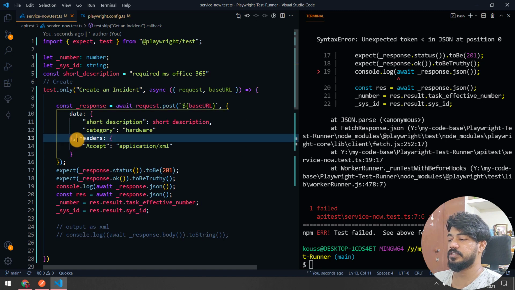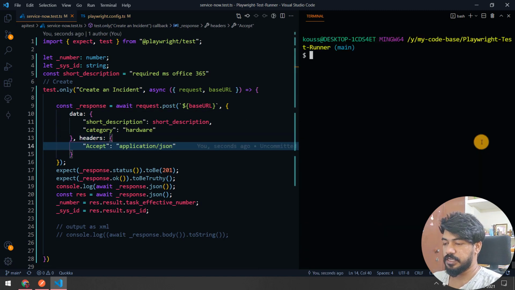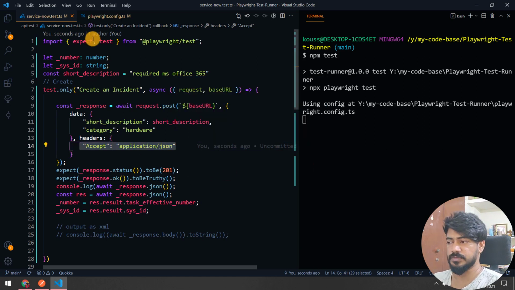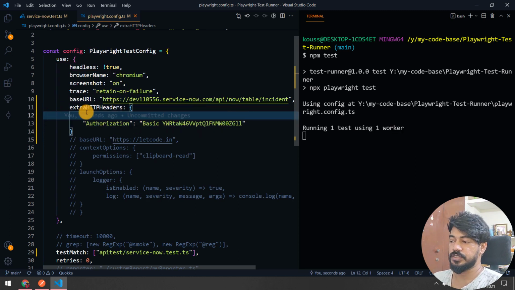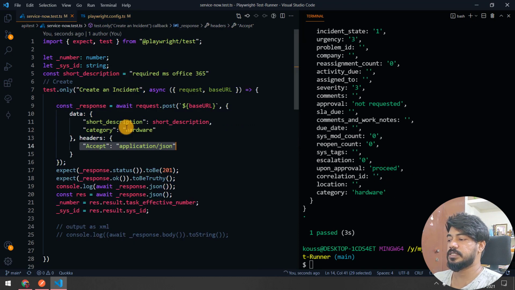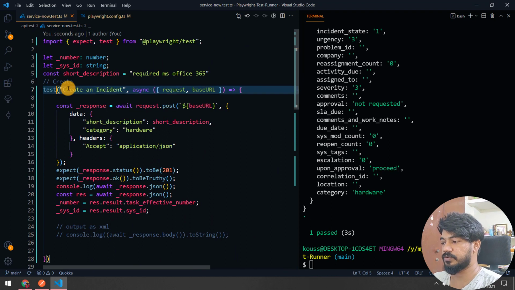Okay, and here we don't want this. We'll change this to JSON. Okay, and by the way, if you want to set it like accept, or if you have like a version, something, you can of course do everything within these extra HTTP headers. So here itself we can pass this one. Okay, and one passed. Why one passed? Oh, sorry, I have used only, so that one is passed.